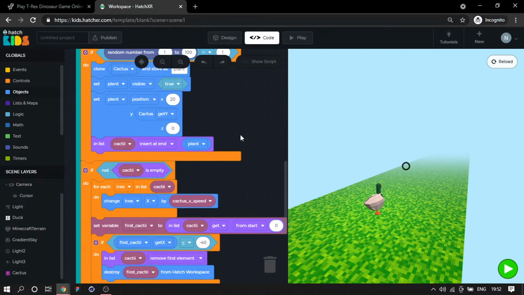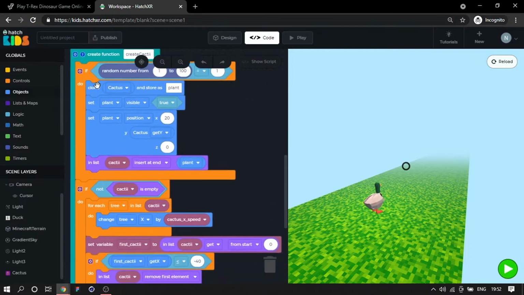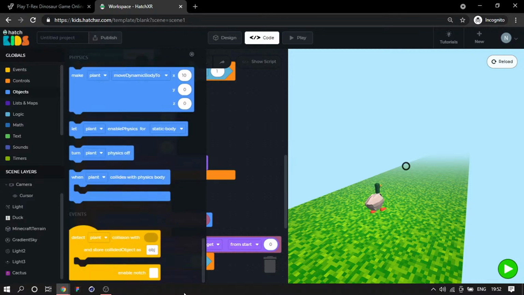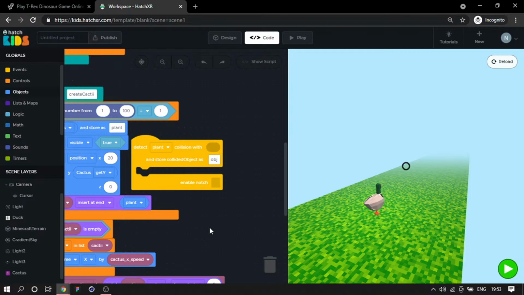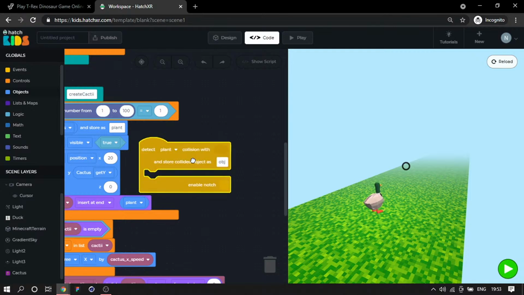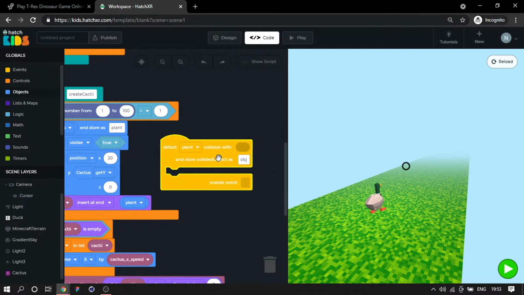So what we can do is, whenever we are creating a cactus plant, whenever we are cloning the cactus plant, we can attach a detect collision event with each clone. Okay, how do you do that? Go to your objects menu, scroll down. There is a detect collision block here, and what we can do here is detect collision with what? With our duck. Okay, so we'll detect the plant's collision with our duck,